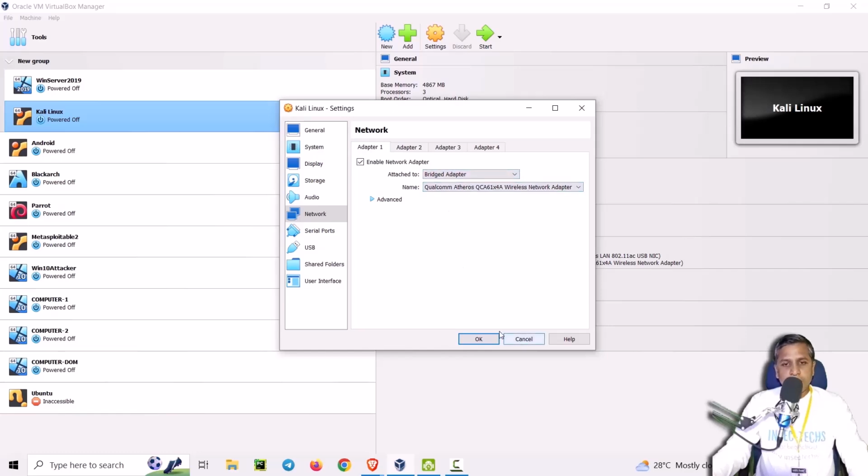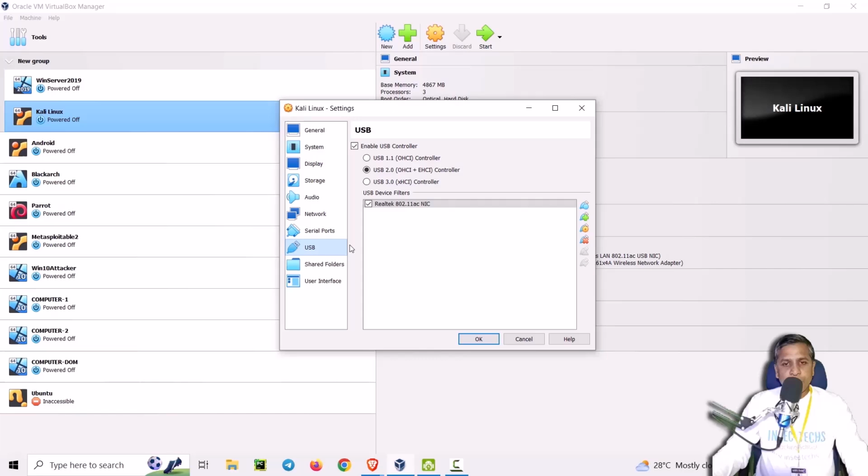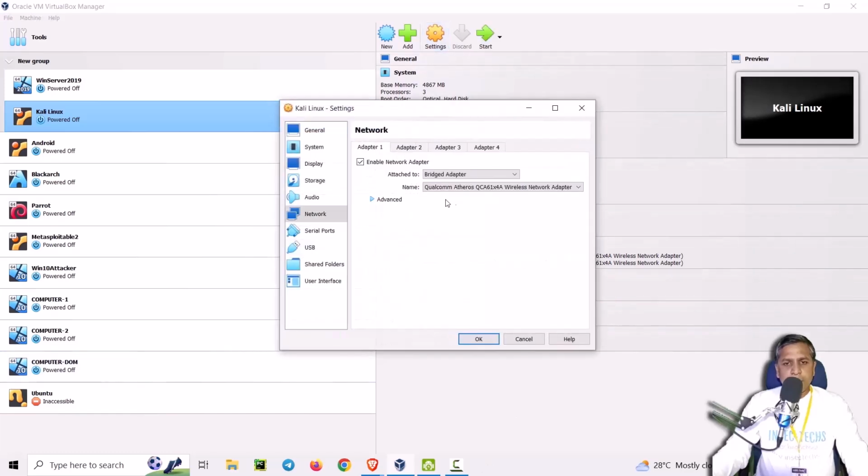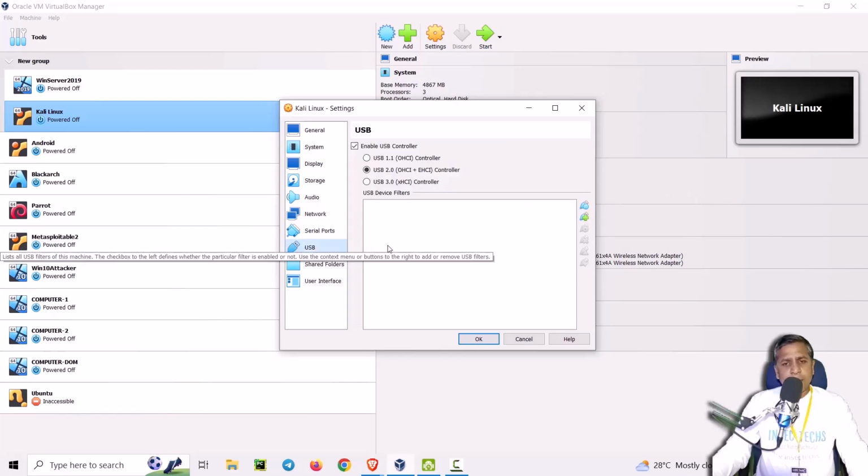So let me go to USB, and here I have this Realtek 802.11ac NIC, which is actually my external WNIC. Let me remove it first. Hit OK. Now let me go back to the settings once again, and now I have enabled only one adapter, a bridge adapter, and this is my inbuilt WNIC, and I don't have any other external WNICs, that is external Wi-Fi cards. So let me show you two methods how to enable wlan0,